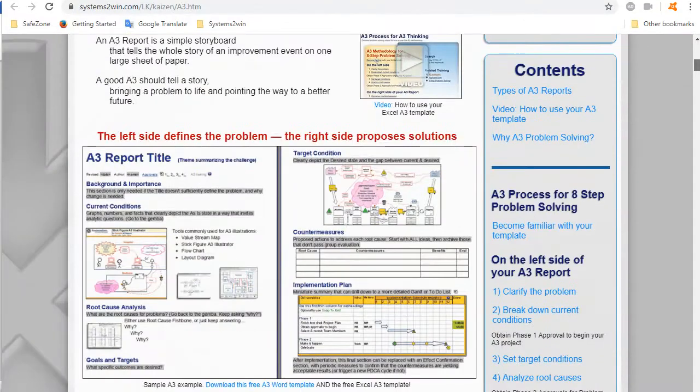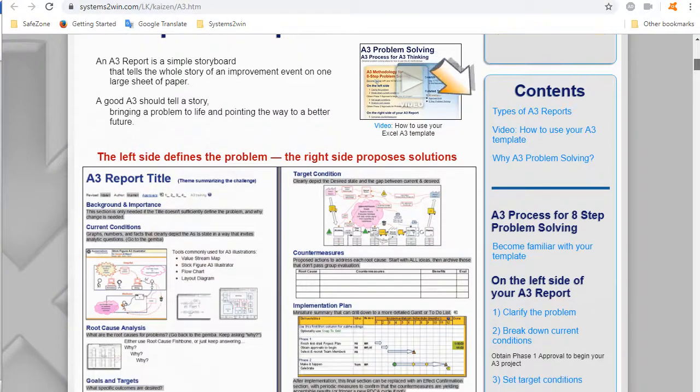where you can scroll down to find the Contents sidebar, where you can quickly jump to the training sections within this page, including step-by-step instructions for each of the 8 steps of the A3 problem-solving method.